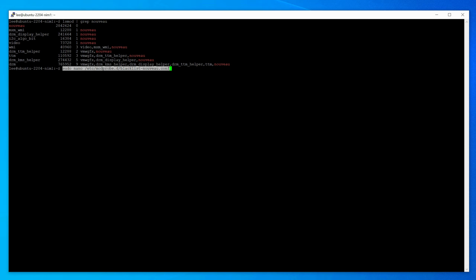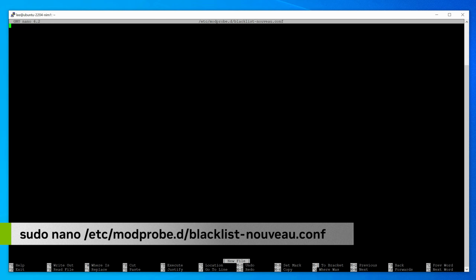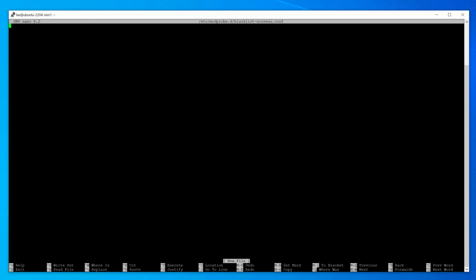So let's go ahead using our text editor of choice, and in this case we're going to use Nano, and we're just going to create a file called blacklist-nouveau.conf. Okay, I've entered the sudo command there at the start just so that we can modify this and have administrator rights. So the next thing that we need to do is put a couple of lines into this file,